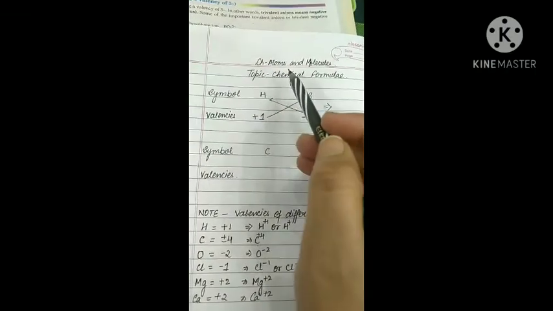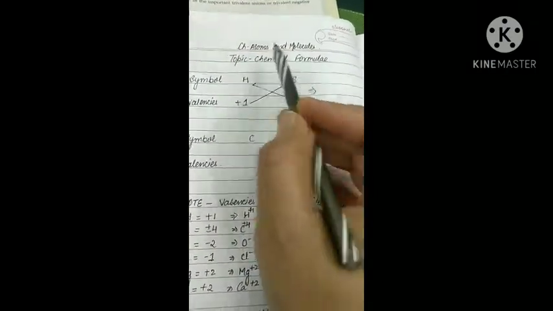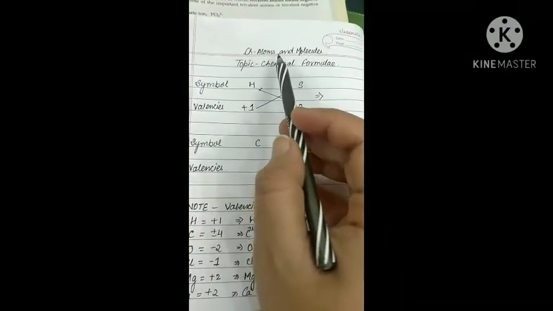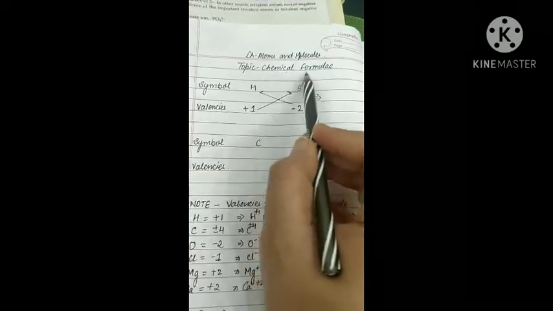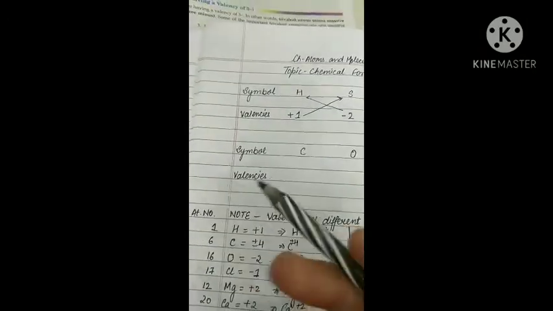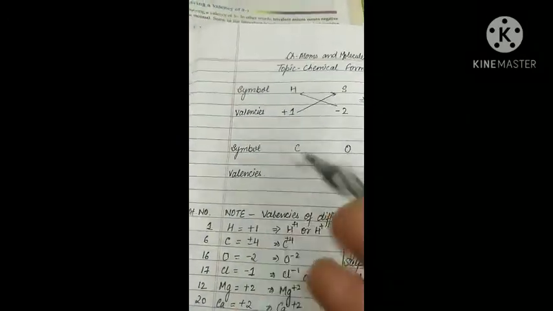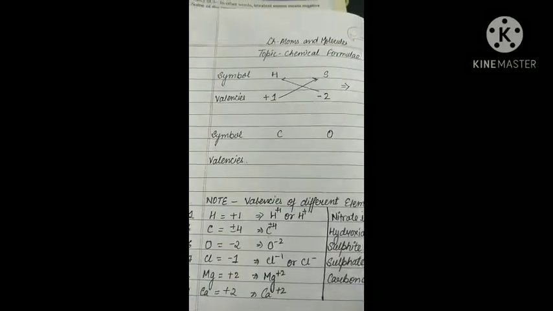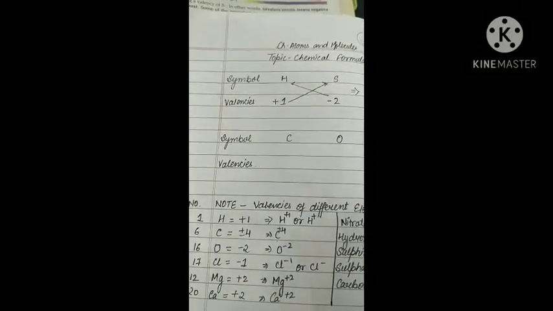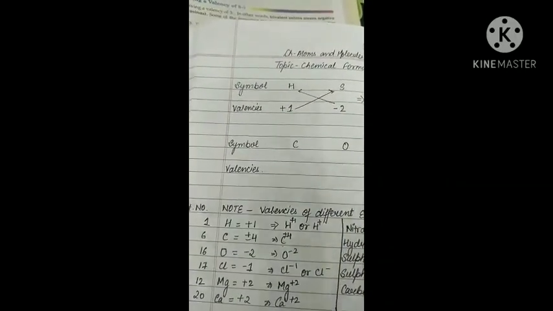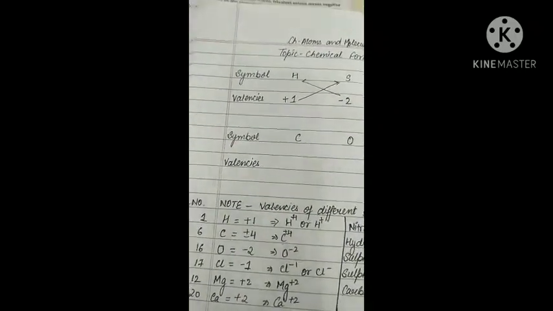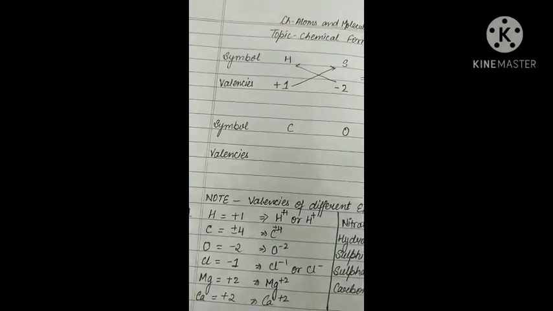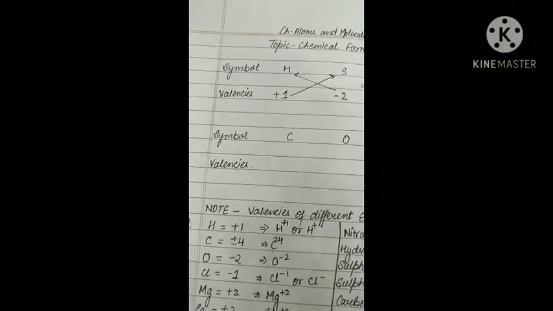To understand how to write a chemical formula in atoms and molecules, this is one of the most important topics: how to write a chemical formula. Because you have seen H2O, you must have seen CO2, that carbon dioxide is known as CO2. There are so many formulas, H2S, hydrogen sulfide, aluminum sulfate, Al2(SO4)3. So how do these formulas come? And even you can also make these formulas, you don't have to learn them.